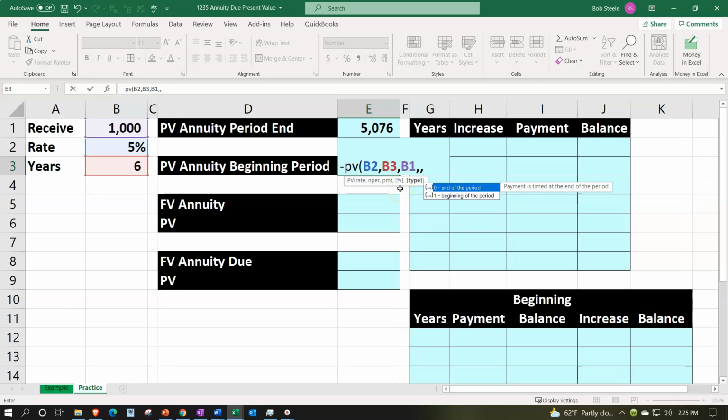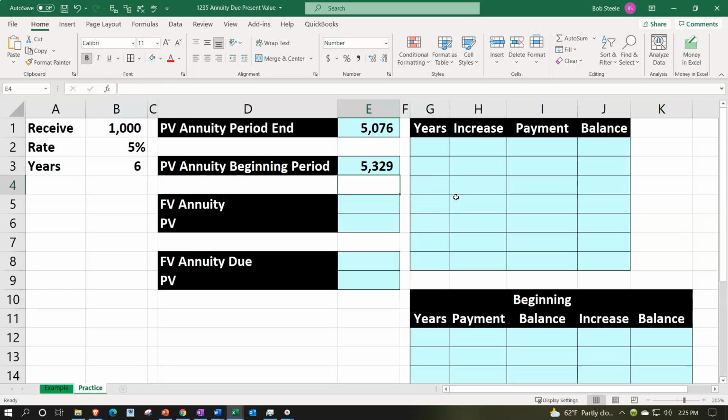So another comma. And now we have the type, which I'm going to choose as the beginning of the period, which is indicated by a 1. You could double click on it or type in a 1, and we get a different result, which is going to be that 5,329 as opposed to the 5,076. Now, to solidify this in our mind, we can do our running balance type of calculation